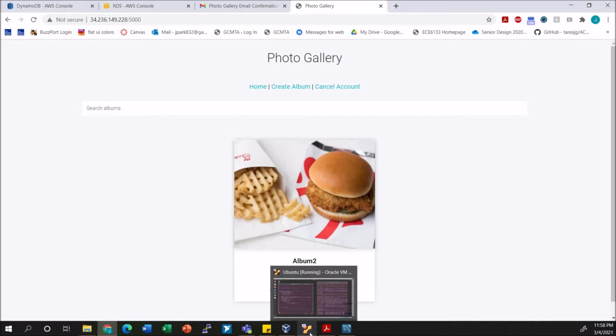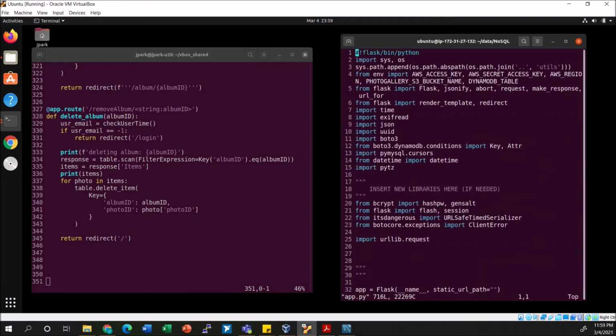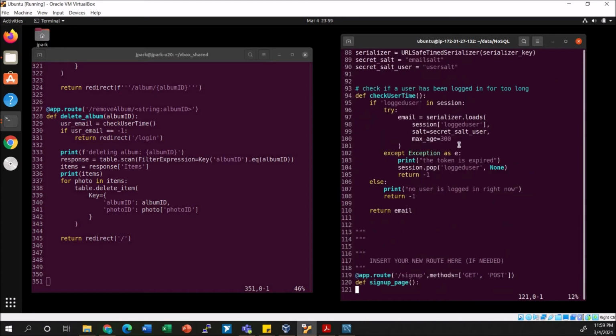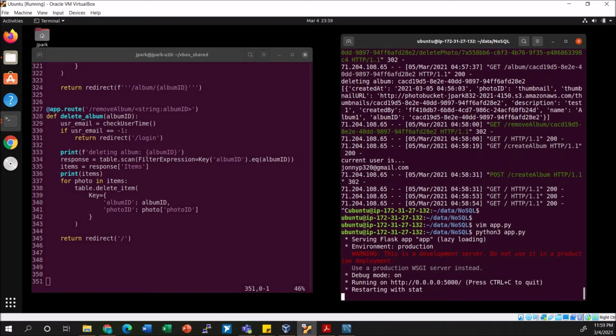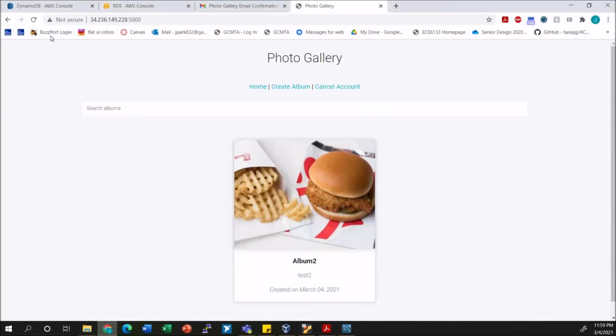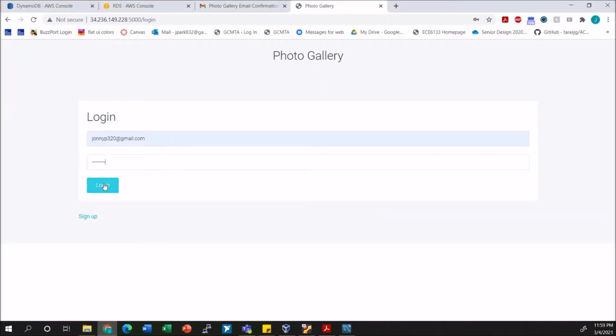So for testing purposes, we can decrease the timeout. Right now, that value is set to 300 seconds, which is 5 minutes. So let's decrease this so we can test the logging out based on a timeout. So we'll save that, restart the server, refresh the page, and so I log in,